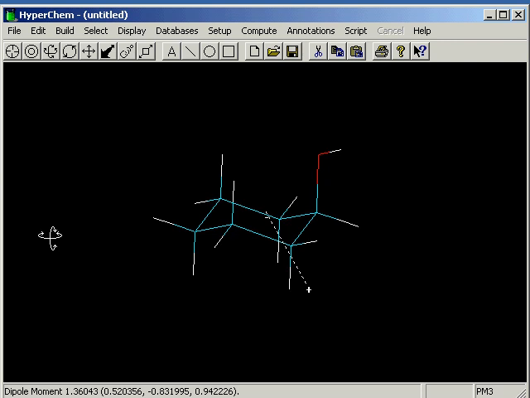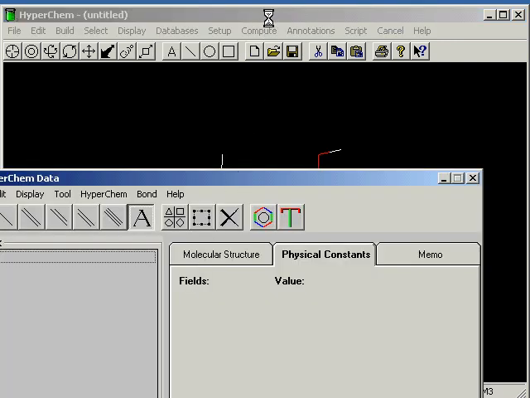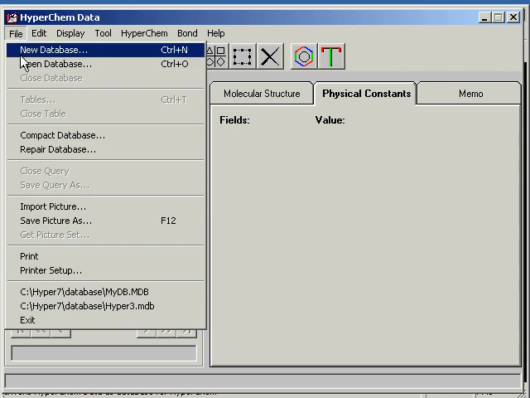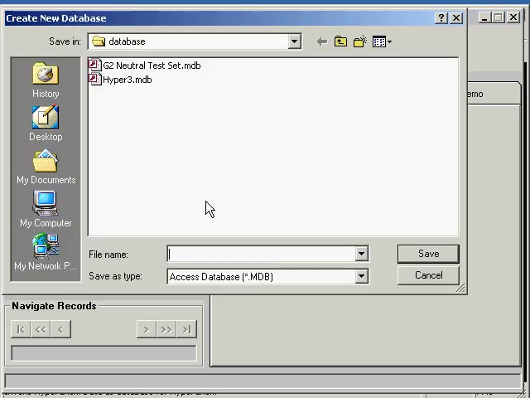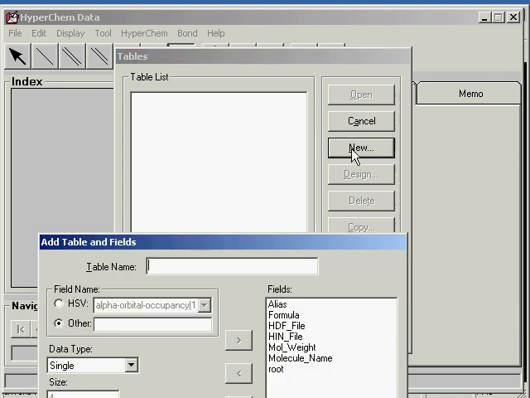So now, supposing we want to put this into a database, we bring up the database package. We can put it into an existing database, or we can create a new database. Let's create a new database, and we'll call this myDB, for example. We need to have a table in here, and we'll create a new table, and we'll call that table